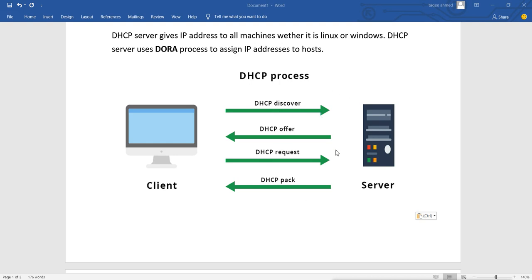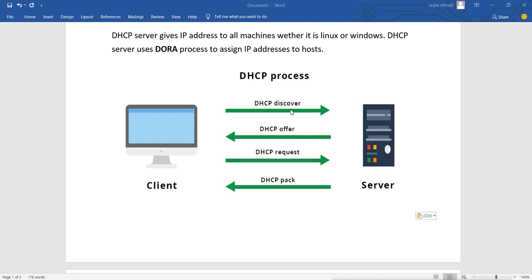Now all the normal machines will not respond to this. Only the DHCP server will respond. So why does only the DHCP server respond? Because this is the packet for DHCP, and the client uses port number 67. Remember, this protocol uses two ports, 67 and 68. So 67 is for the server. When the client sends a request to the server side, it sends on port number 67, and when the server sends the reply to the clients, it sends on port number 68.